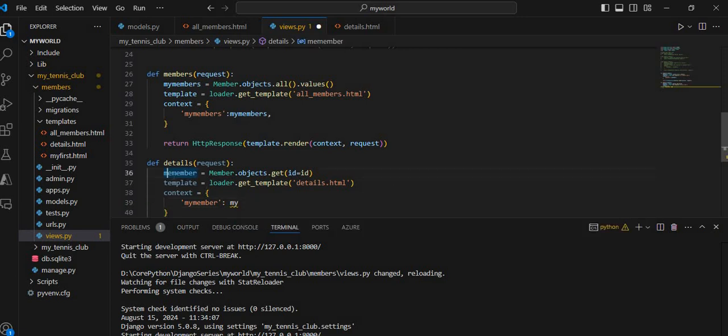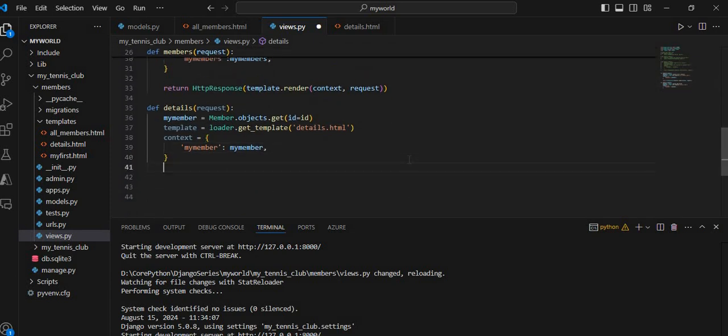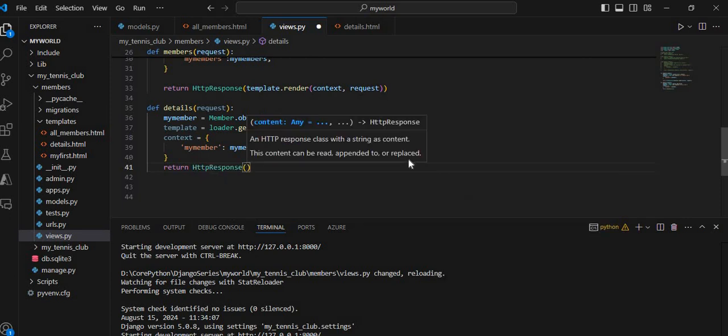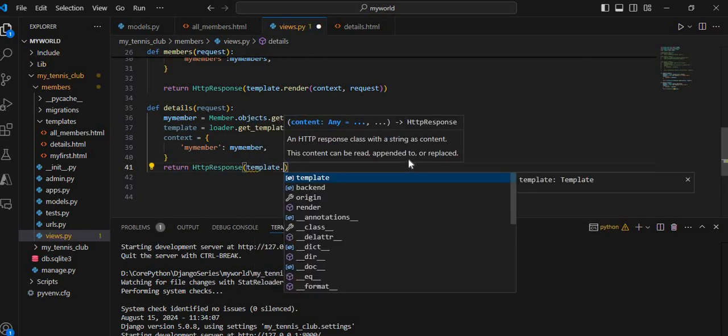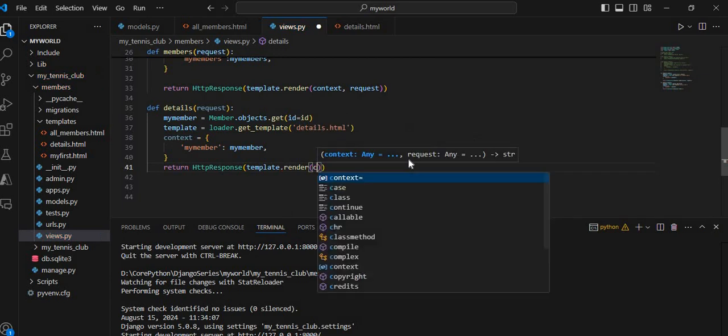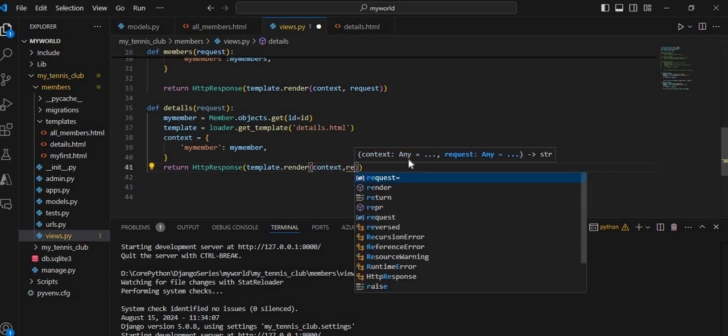This is my member, and after that I want to return something from this view function. Return HTTP response template dot render context request,